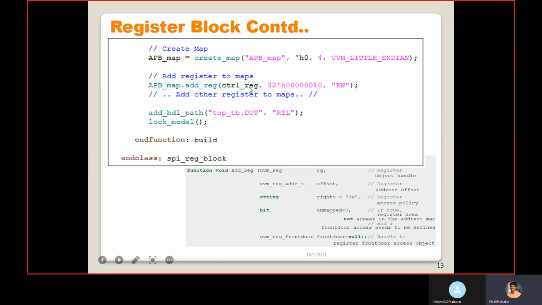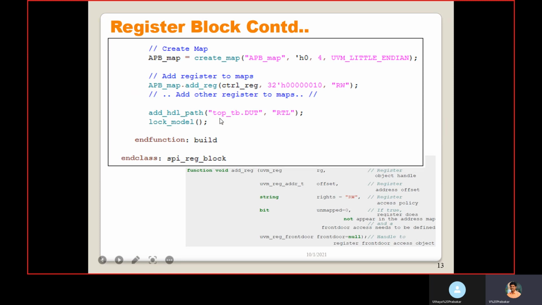We pass the name control_reg and the corresponding offset for that register. If I want to access the control register, I need to give this offset address. So I pass the 32-bit value as 10, and then I give read-write access. This is the way you have to add the register. If you have multiple registers, every register you need to add here to the map.